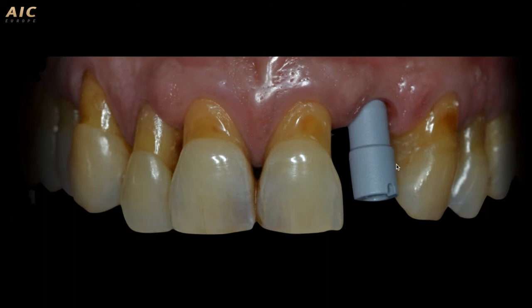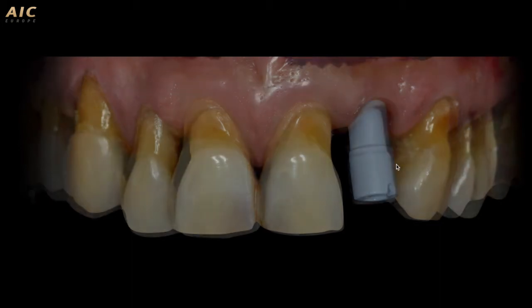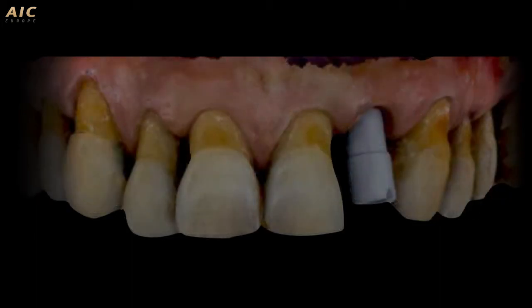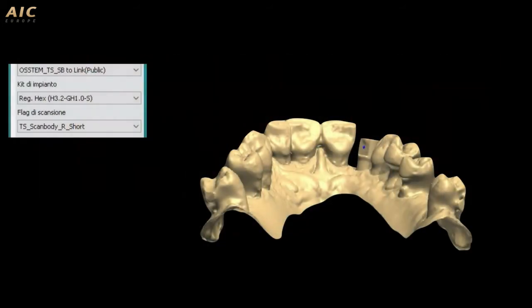This is the TS short scan body of Osstem, and I'd like to choose this digital way to realize my crown on the implant. This is the picture from the intraoral scanner of the patient's mouth, and then I